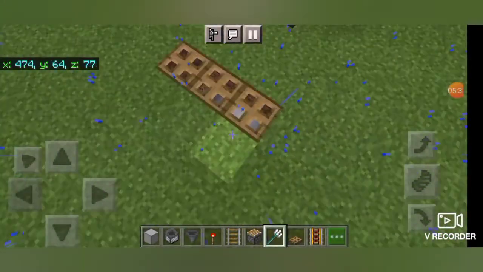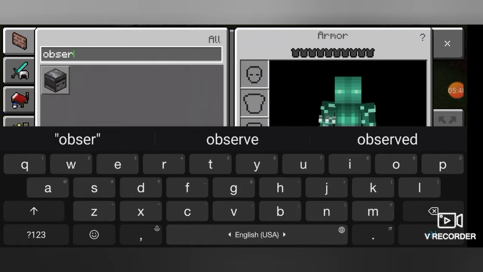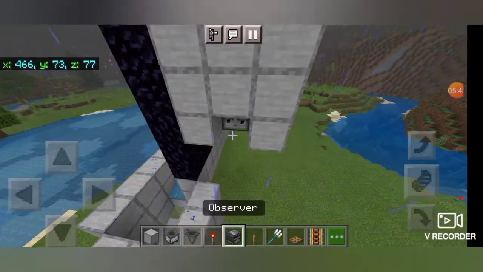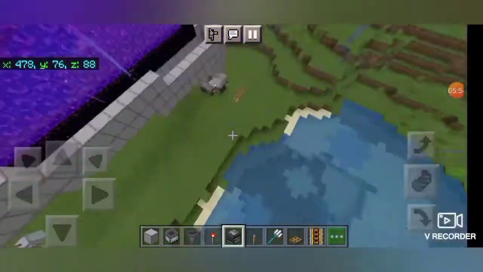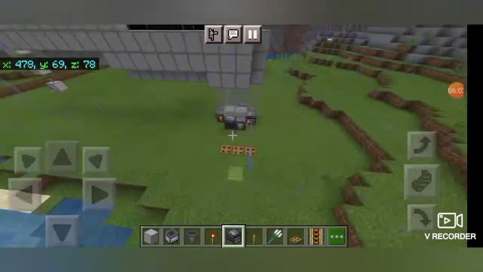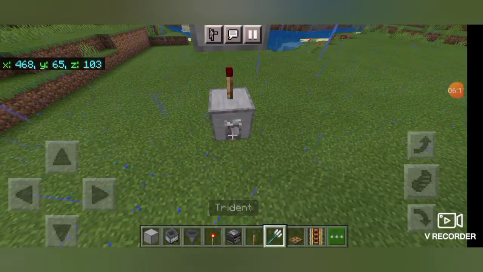Now you need a lever and an observer. Okay, that's good enough. So now if you put a lever on this and we place an observer here, that should continuously update, and that means the farm is on. Now to make the trident killer go on, click this and flick it. Now it's on. Okay guys, now we go to this and we flick this switch. Just flick it. Wow,